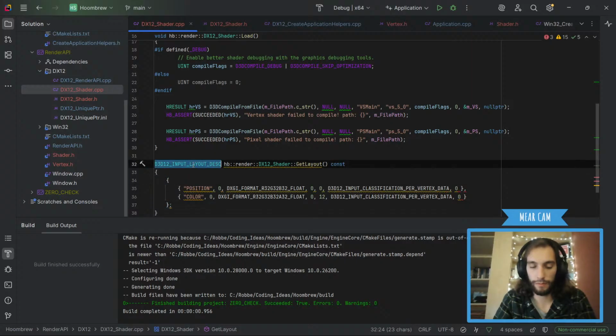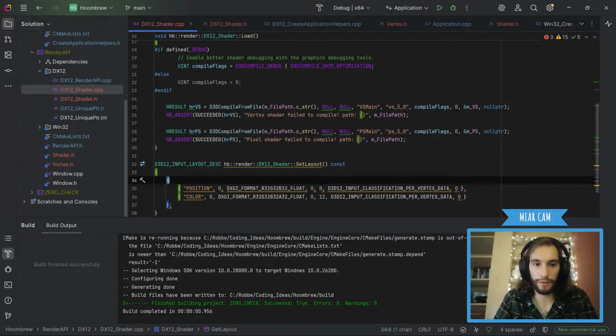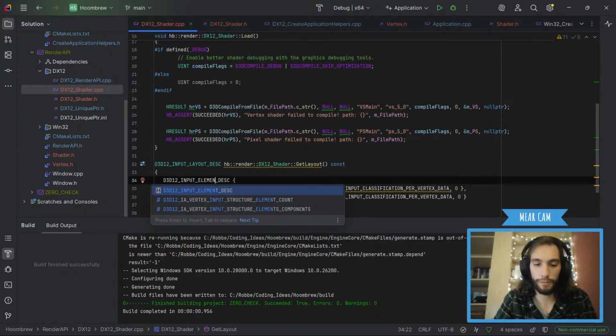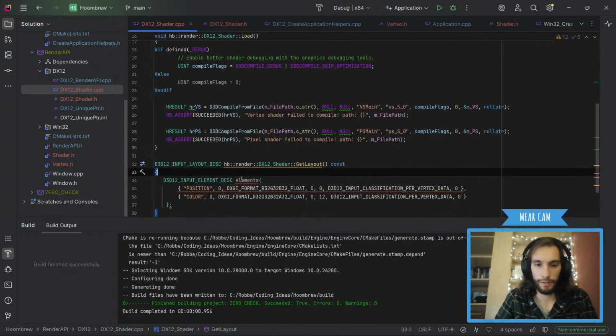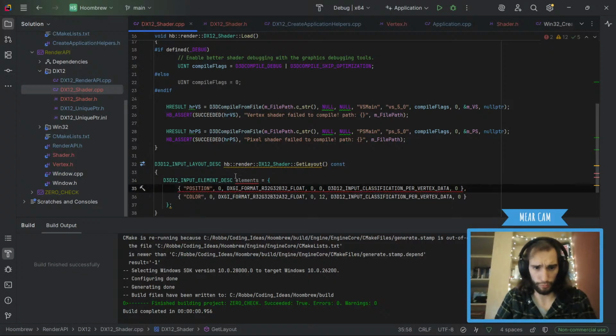Copy that. Layout. Oops. Input element description, if I remember. Element description. There we go. Elements equals that.